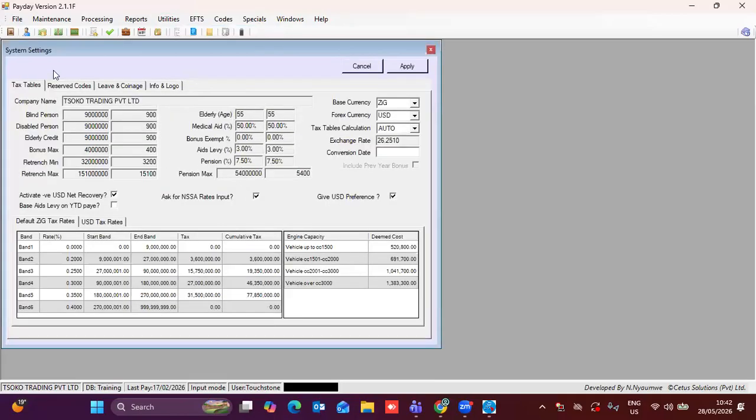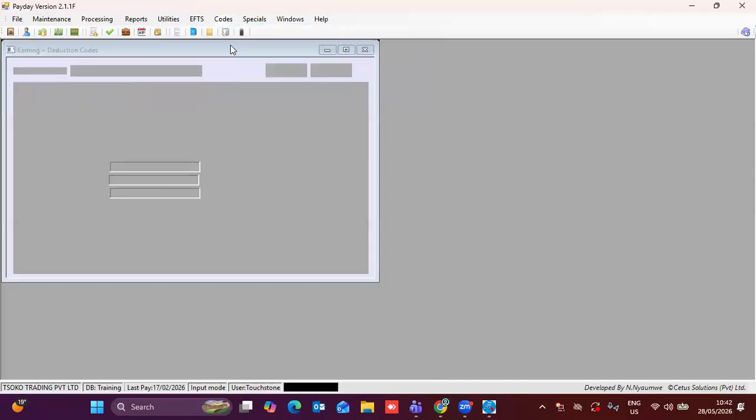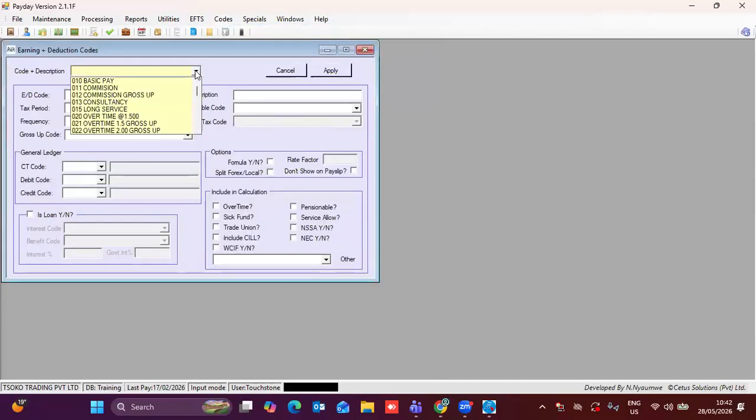If your database hasn't been grossed up before, maybe I can just do an example. If you go on the reserved codes here and then we deactivate it over here, we say apply, right? We go to the codes. We create the new code for grossing up. Maybe we can take code 18 over here. Maybe we are trying to create a code to gross up the basic. We go over here. We say code